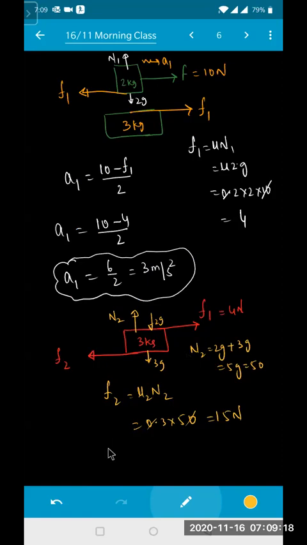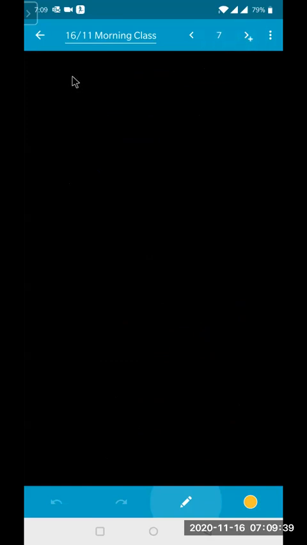So they will be moving together right now. I can write here that 4 Newton is lesser than your F2. So I can say that 3 kg and 7 kg move together. They are moving together right now. So what is the common acceleration? Acceleration of 2 will be equal to acceleration of 3, that is force applied divided by total mass, that is 3 plus 7. 4 divided by 3 plus 7 is 10.